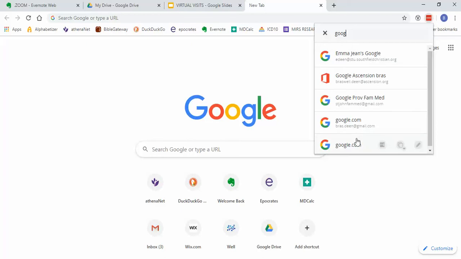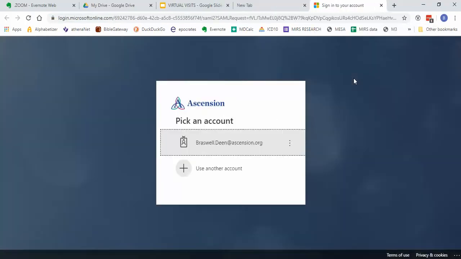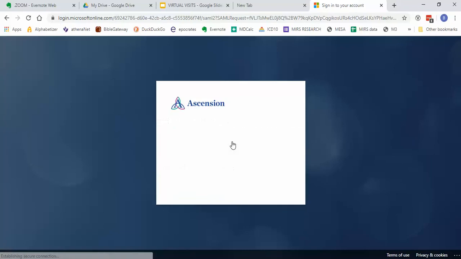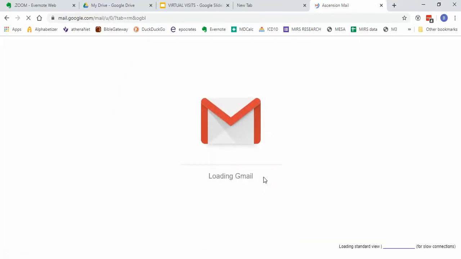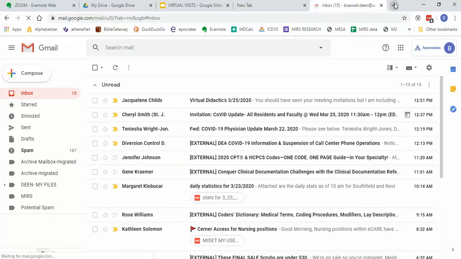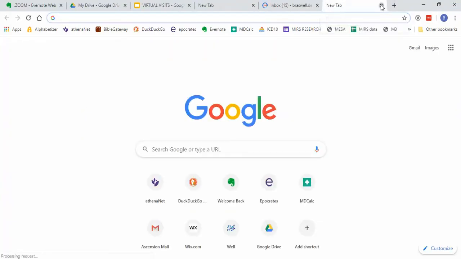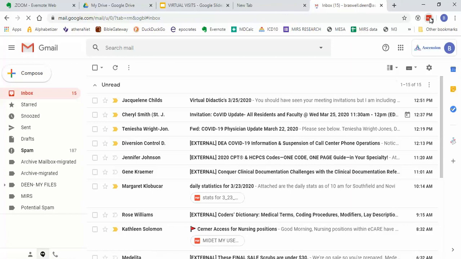I can't remember all these different passwords, but there's the Google account for the Ascension. Okay, so it just does that. Look how fast this thing is. Boom, boom. Okay, and I don't have to type it in. That just saves me some time. So now I'm in the Ascension Google. Let's say I wanted to open up. I don't have to open it. Let's say I wanted to open up